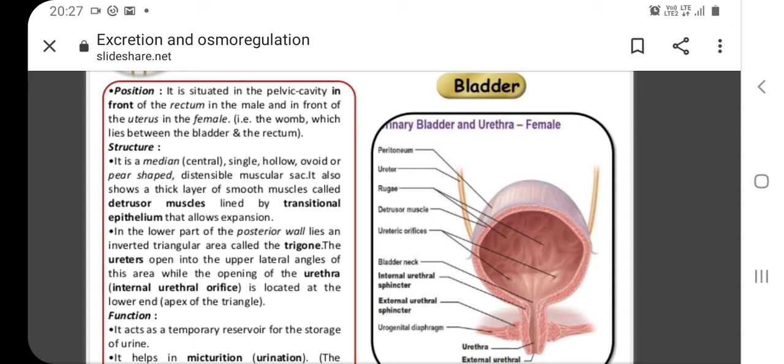Now about the bladder. The bladder is situated in the pelvic cavity in front of the rectum in male and in front of the uterus in female. It is a median, single, hollow, ovoid or pear-shaped, distensible muscular sac. Distensible means